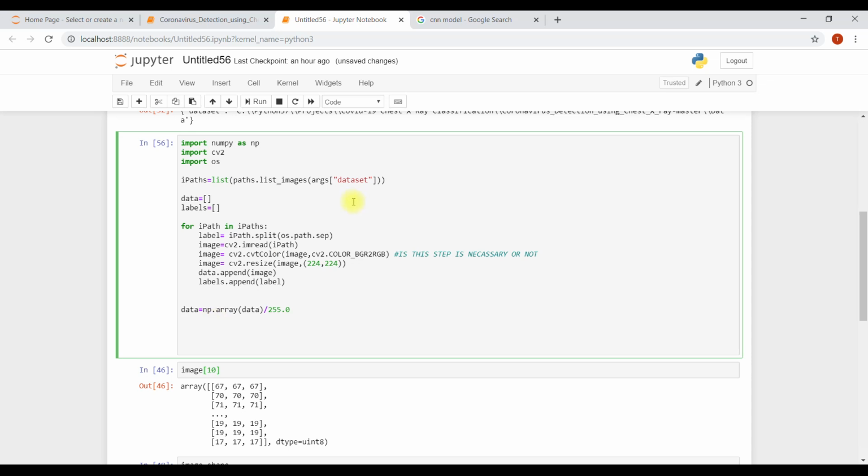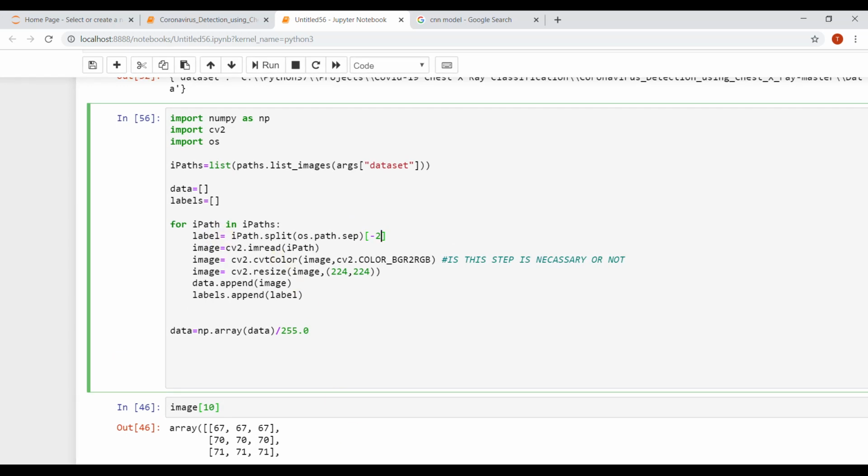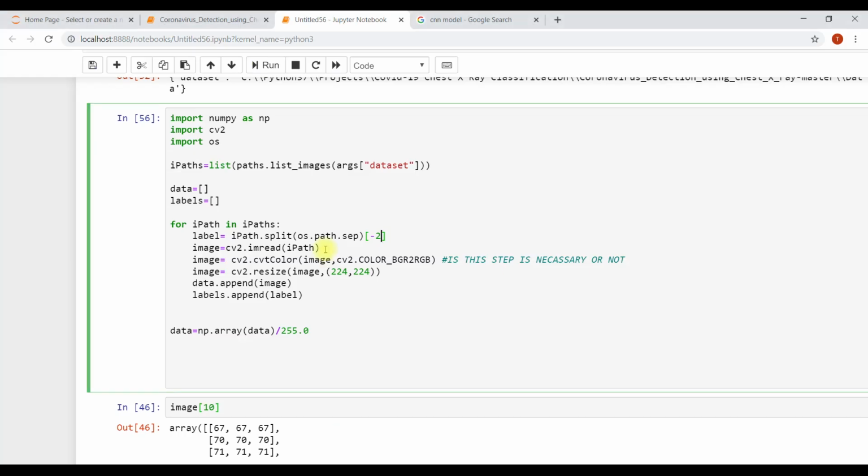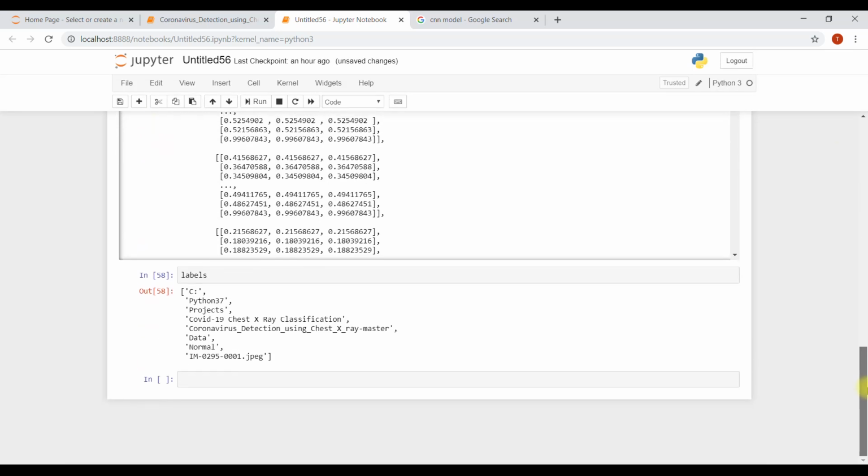Let me show you. This is the later step. First, here we just need, when we are getting the labels, this normal and COVID. We are getting them like this, and we just need this one.